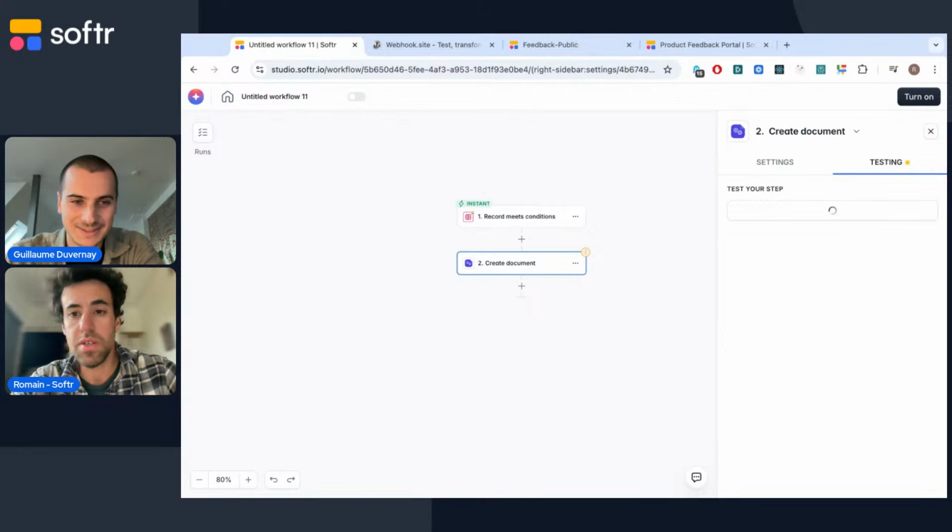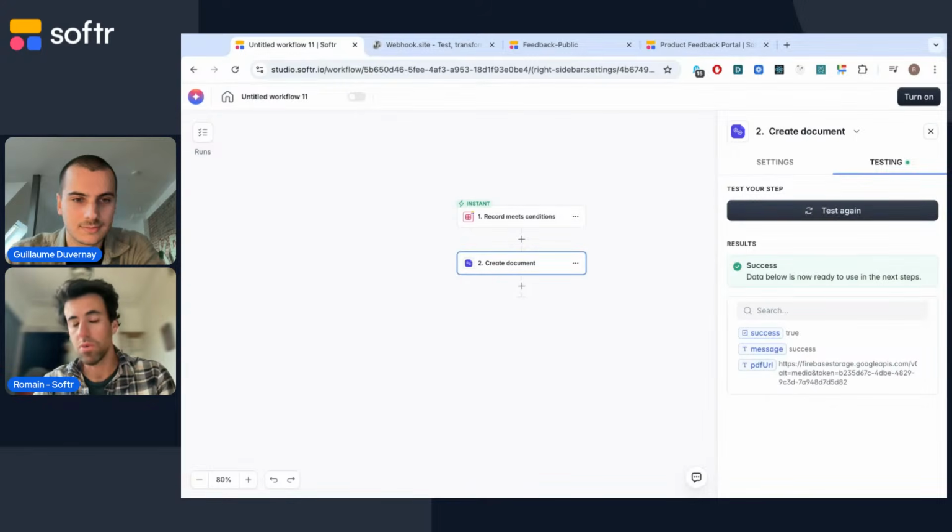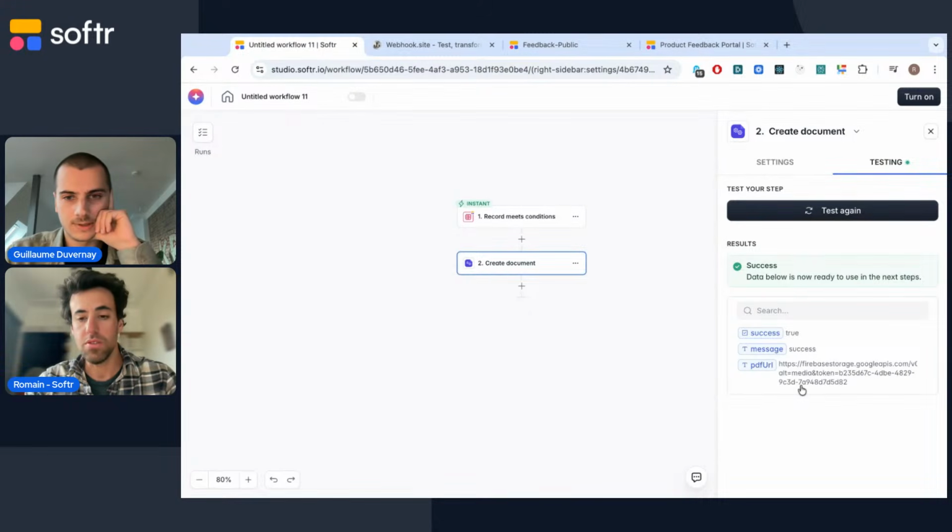So this will generate a PDF, and usually what you will want to do is to send this PDF to be signed. So we do not have currently a digital signature automation, but we are planning to add one. So you could use a call API to do that, or you could just send it, and the user is gonna use it. So for instance, here we generated the PDF.